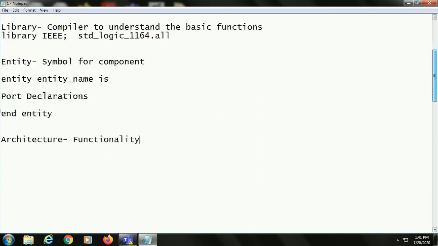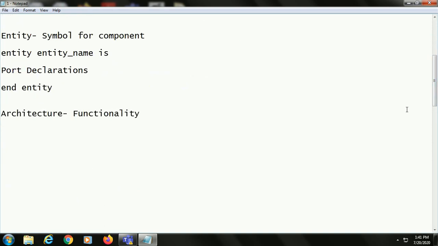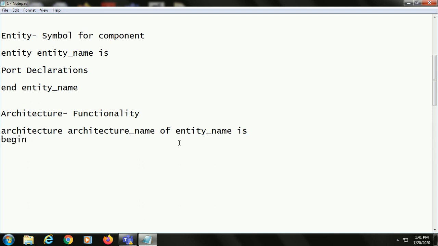Similarly, coming to the architecture part, the syntax for the architecture is: architecture name of entity name is, here we have to write the begin statement, end architecture name.